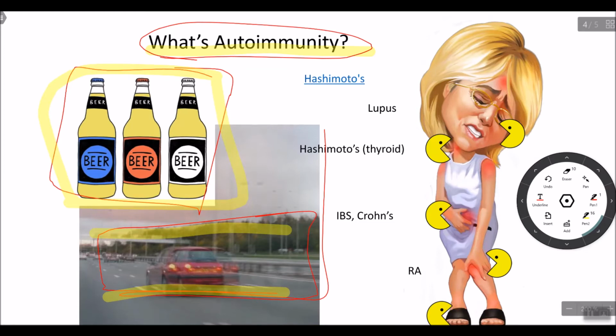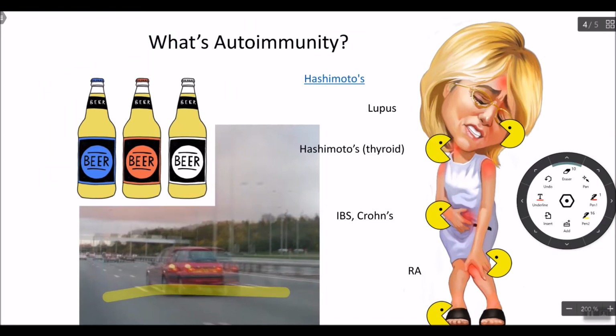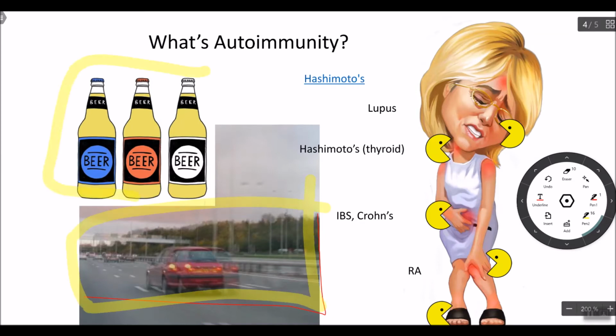This is a real critical thing in here. When you have an autoimmune disease, your immune system becomes a little tipsy, just like driving too much, because your immune system has had a few too many adult beverages. I'm not going to go into a huge dissertation on why your immune system sees double or 4 or 8 or 16 or 32. I have tons and tons of lectures on that. I'm just trying to get to the point that if you have Hashimoto's, this is exactly what's happening in your body right now.